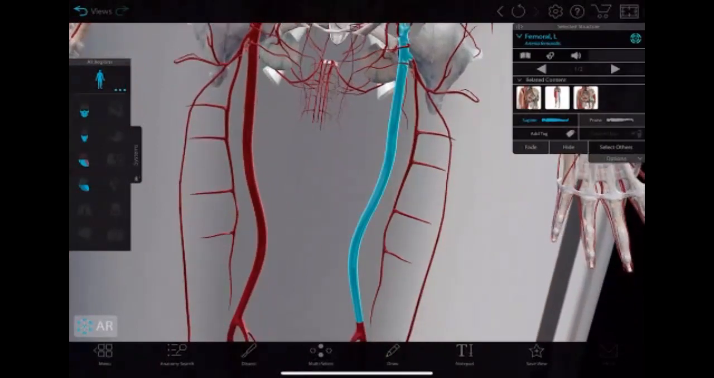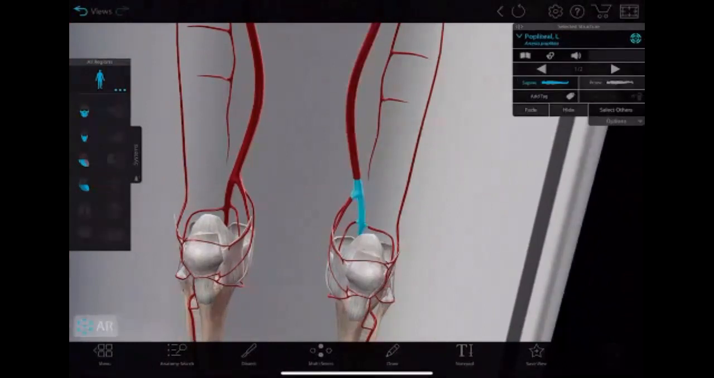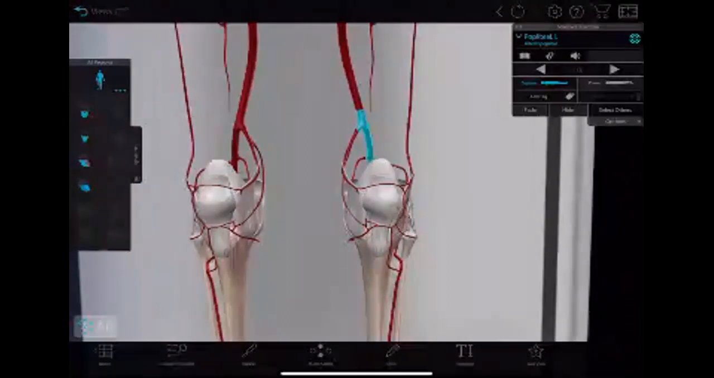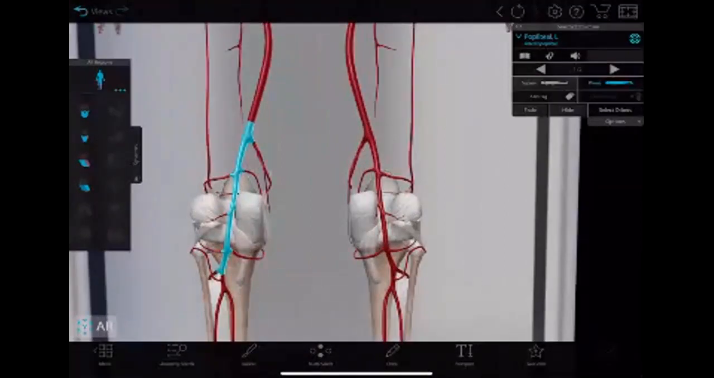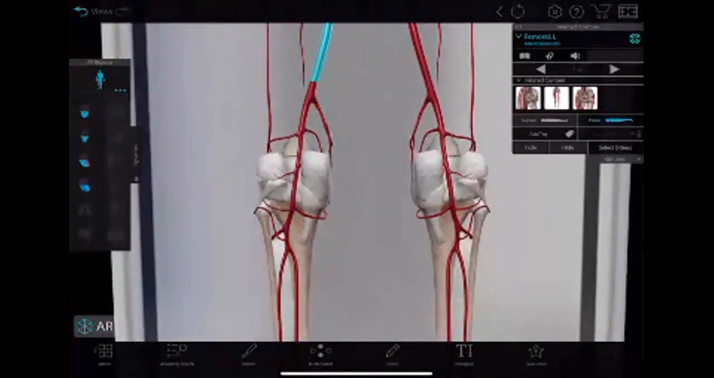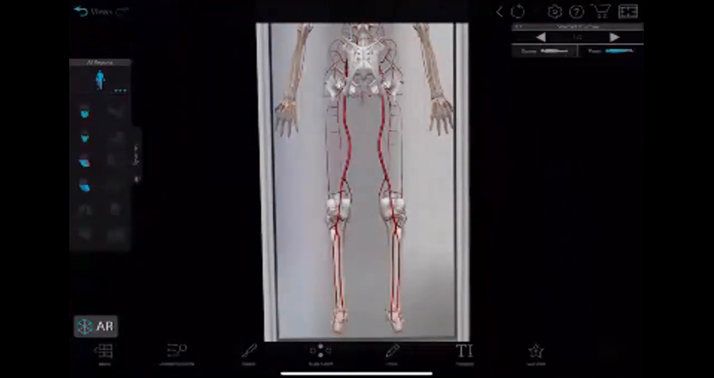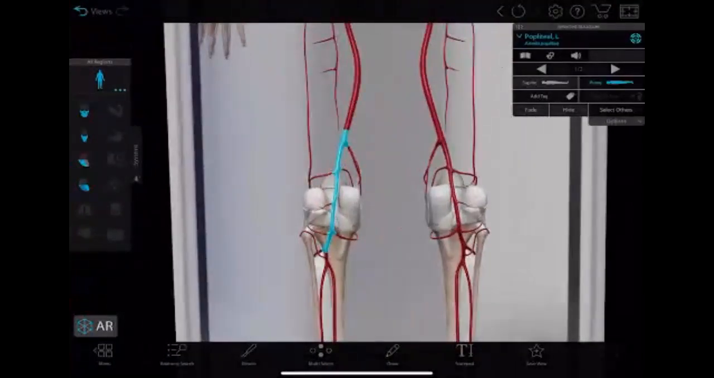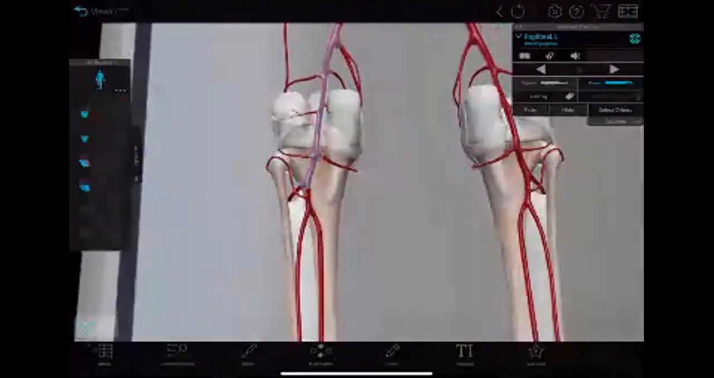Femoral artery. Then again, at the adductor hiatus, which is in the adductor magnus muscle, after crossing it, it is called the popliteal artery. So you see, that is the femoral artery, and after crossing the adductor hiatus, it is the popliteal artery, and again after crossing the popliteal fossa,